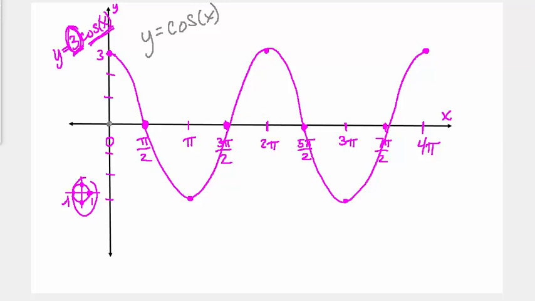So at 0, plain old cosine is 1. So we'd have a point up here. At pi over 2, it's 0. At pi, it's -1, so it'd be right in here. At 3 pi over 2, it's 0. At 2 pi, we're back up to 1. You can kind of get the pattern now. You just keep cycling back down through these to match the pattern. If I were to connect these graphs to get the plain old cosine graph,